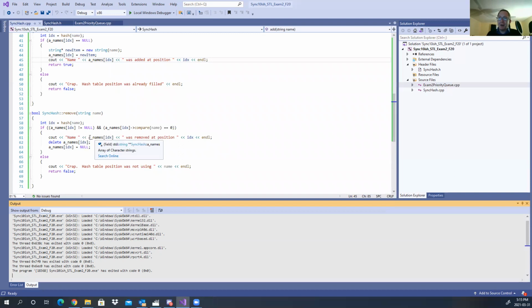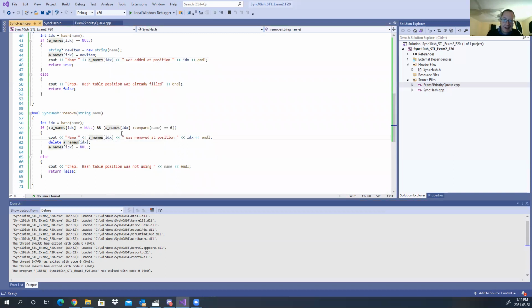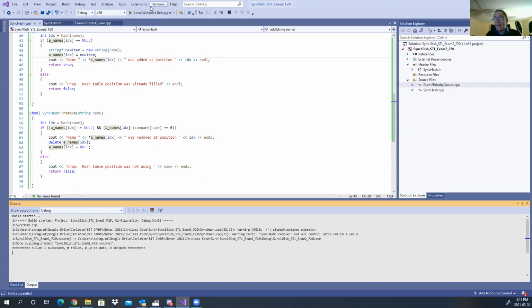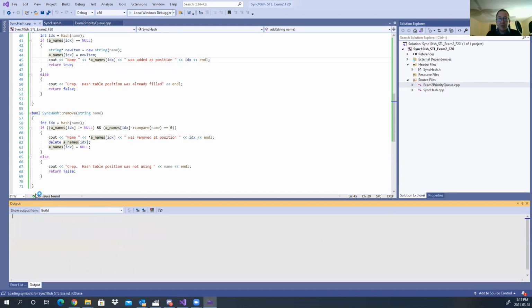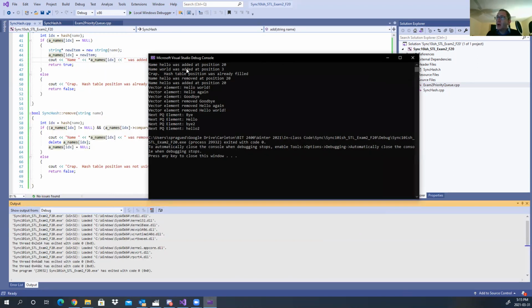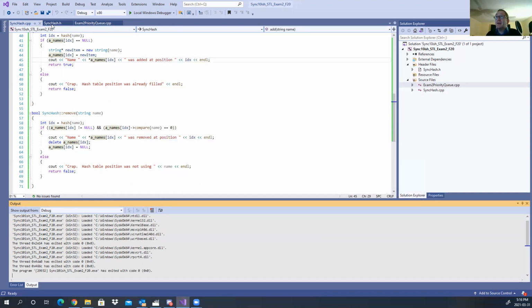Let's see what I did wrong, by the way. It's an array of string pointers. Dereference. Dereference. File it again. Okay. And if I run it, position 20, 3, 20, 20. Hey, it's consistent, except